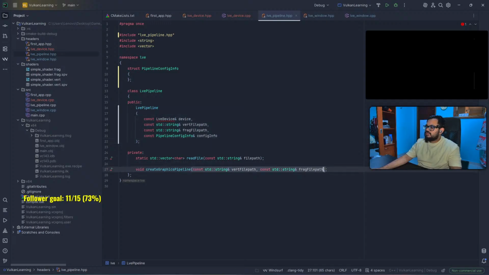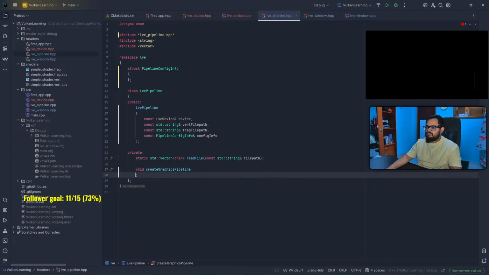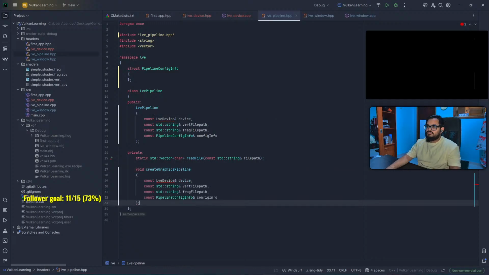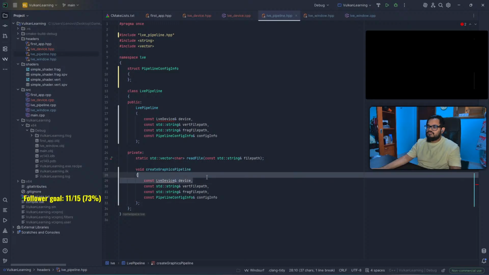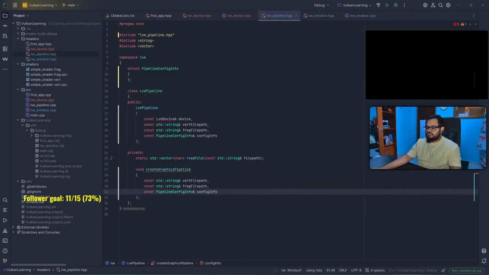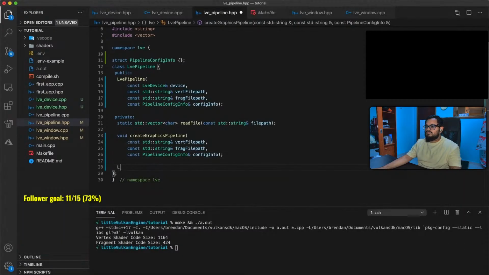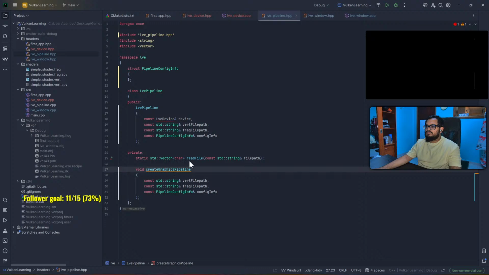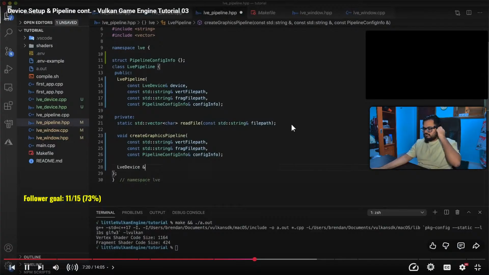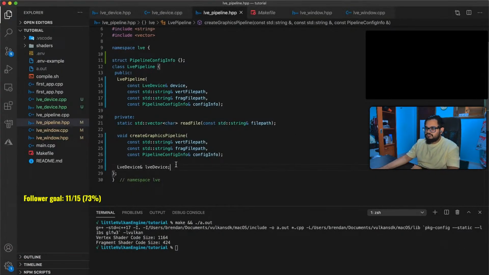Next, I'll add a private member. Generate definition, change signature. While storing our device reference, this could potentially be memory unsafe if our device is